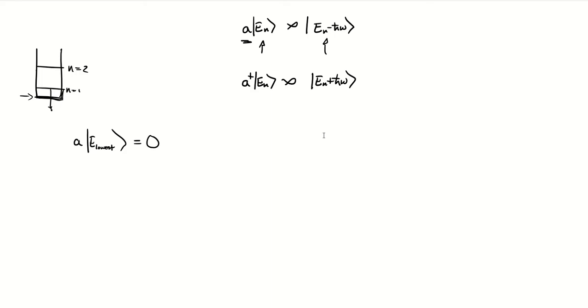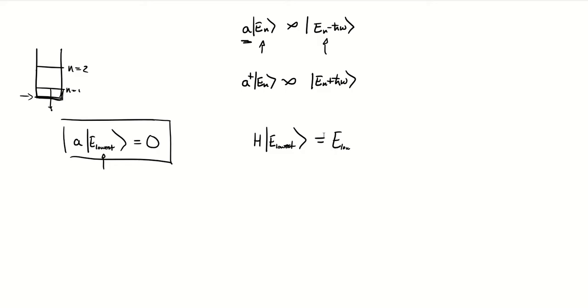This is sort of the ladder termination condition, as it's called in the text. So what we can do is take this condition and use it to give us a place to start when we figure out this spectrum. Acknowledging that there is that lowest condition, let's take our Hamiltonian and operate on that state and see what we get. We're trying to figure out what that lowest energy state is and what its energy eigenvalue is.